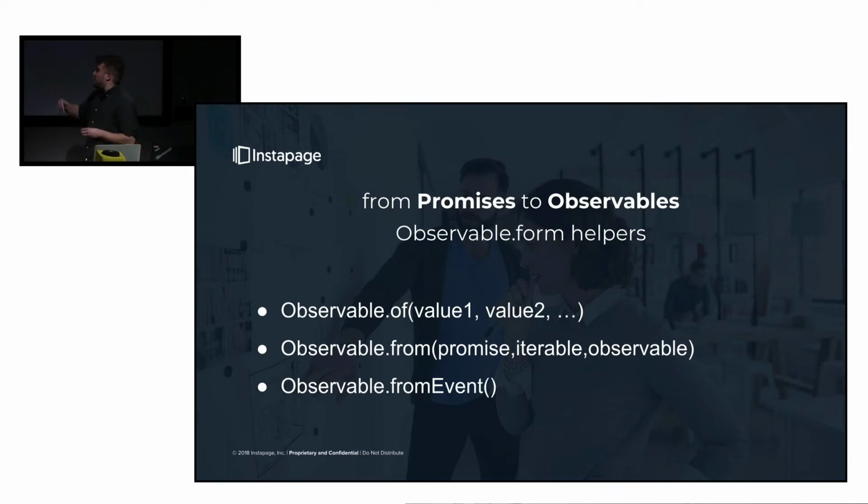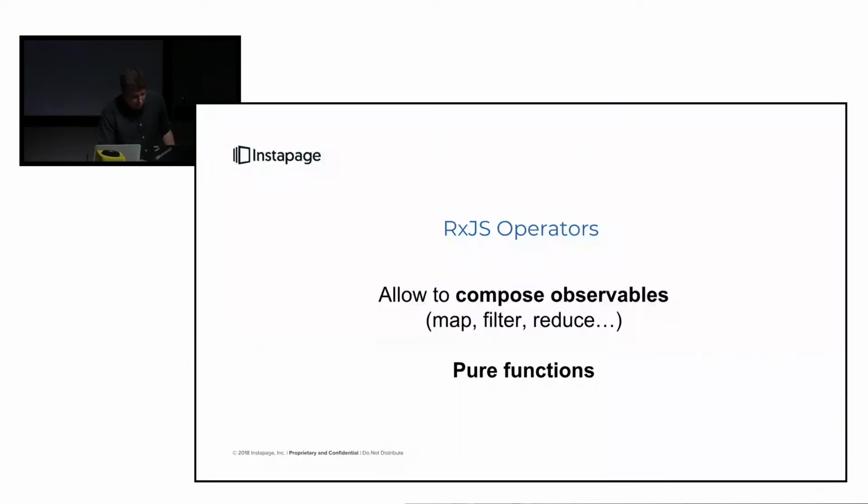You can create observables from promises, iterables, and observables too. So if you already have a promise implemented in the application, you can easily take the promise and make it observable. And what is really nice, we can create an observable from every event from the browser, like mouse movements, mouse clicks, and everything is supported by the browser. So going next,